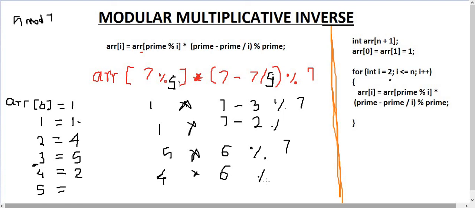So 6 fours are 24, and mod 7 returns 3. In this way we can find a modular multiplicative inverse, and using dynamic programming we save key value pairs, so we don't have to calculate for each and every term. This is a better way to implement modular multiplicative inverse.